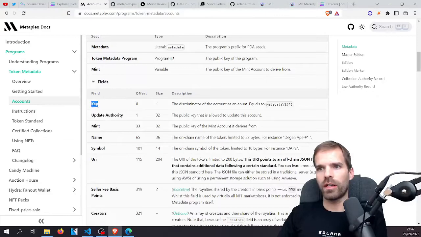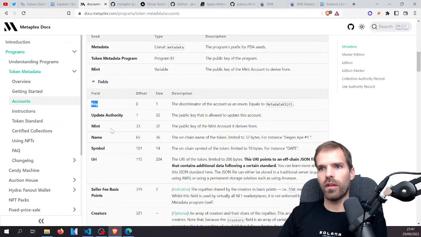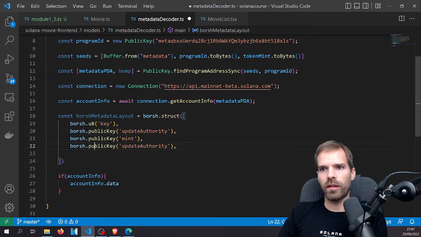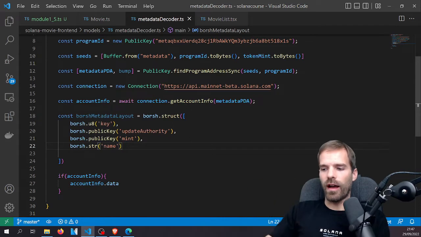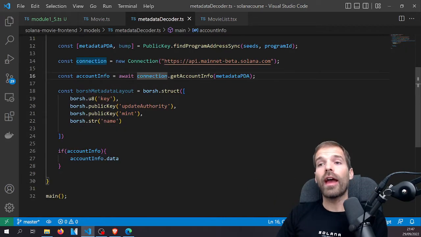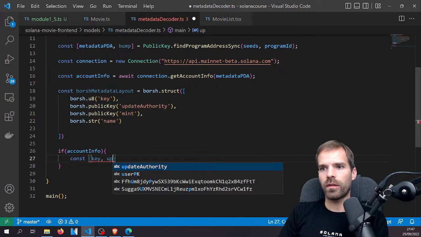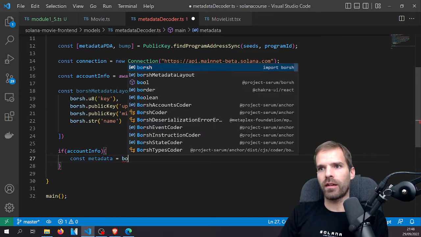Then it has an update authority, which is a public key. Then it has a mint. Then it has a string name. That's how far I want to go for now and see if that actually works. If I then do key, update authority, mint, name, metadata, let's just put it all in one and say Borsh